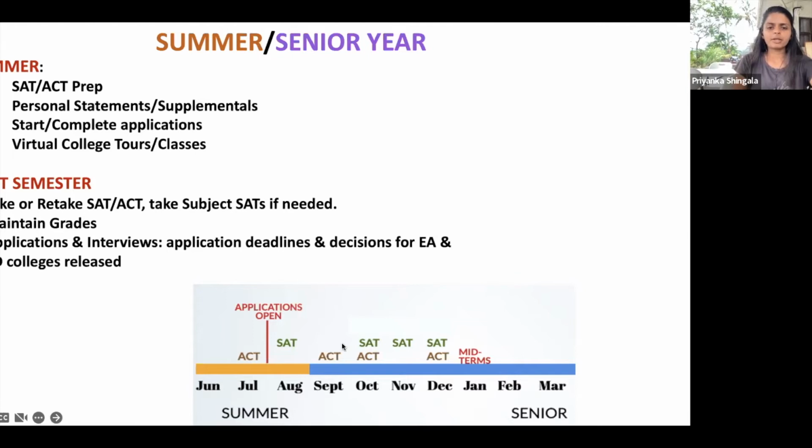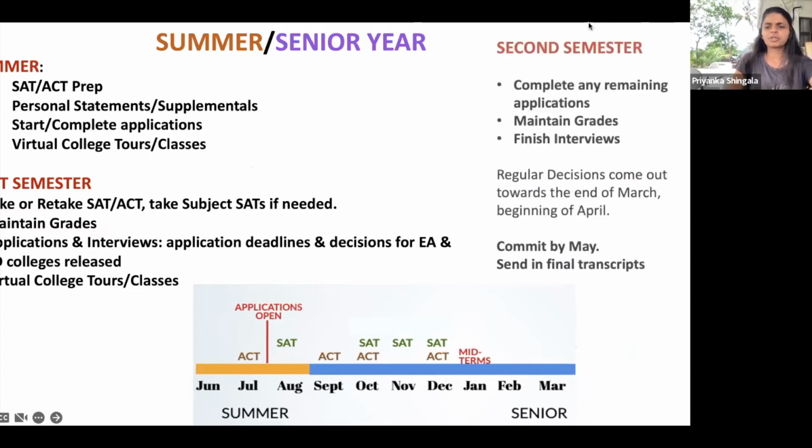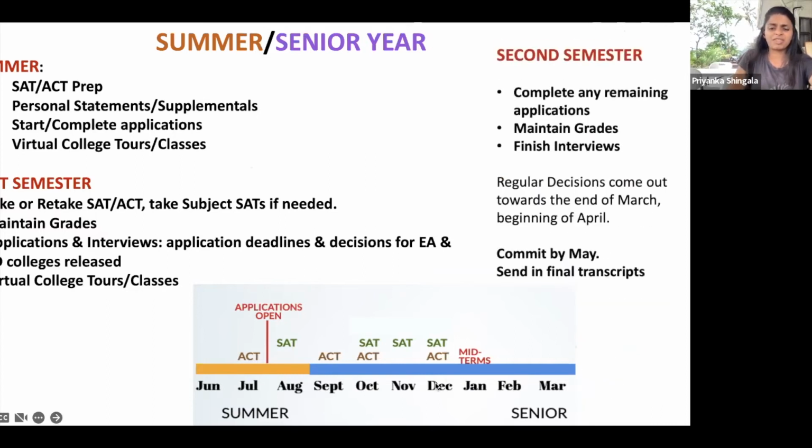Then interviews also tend to happen October, November, December, January. However, if you're going to have a January interview, chances are registration ended in December. So that's for anyone who has an optional interview. There's a separate section on interviews, but just to lay that out, interviews also happen in that time frame. Continue with any college tours if you'd like. Some people do that over the holidays as well. You're not going to see much over the holidays.